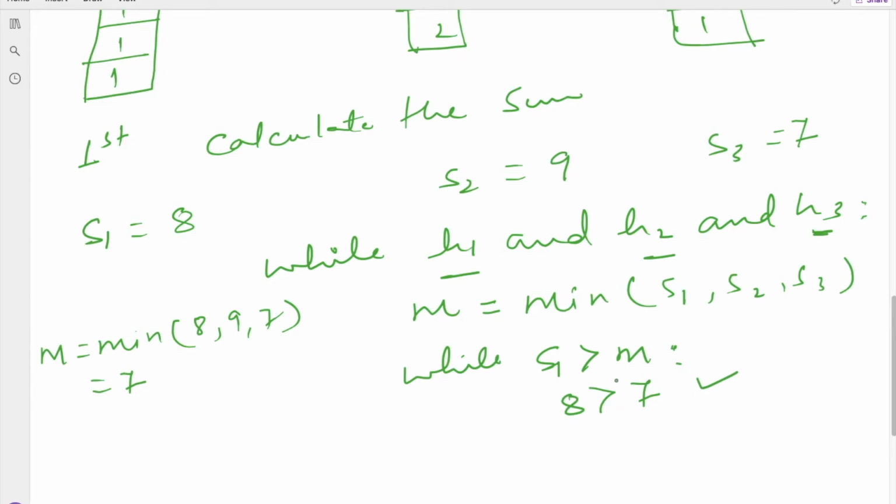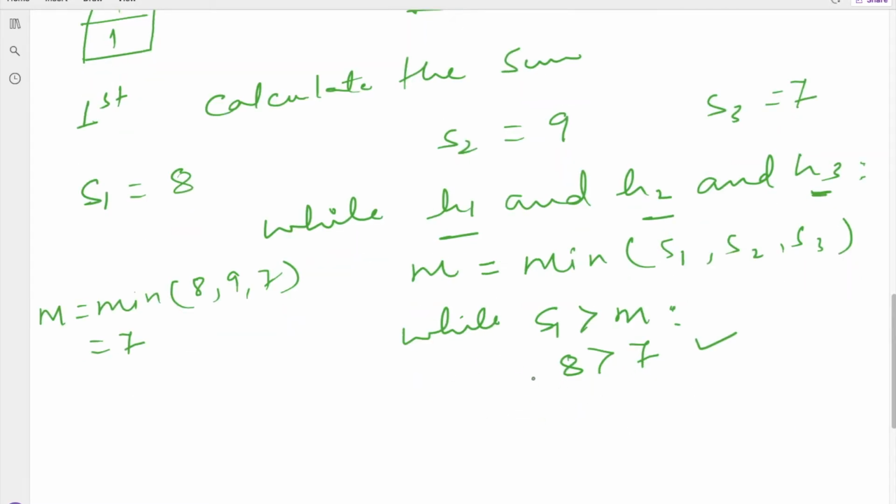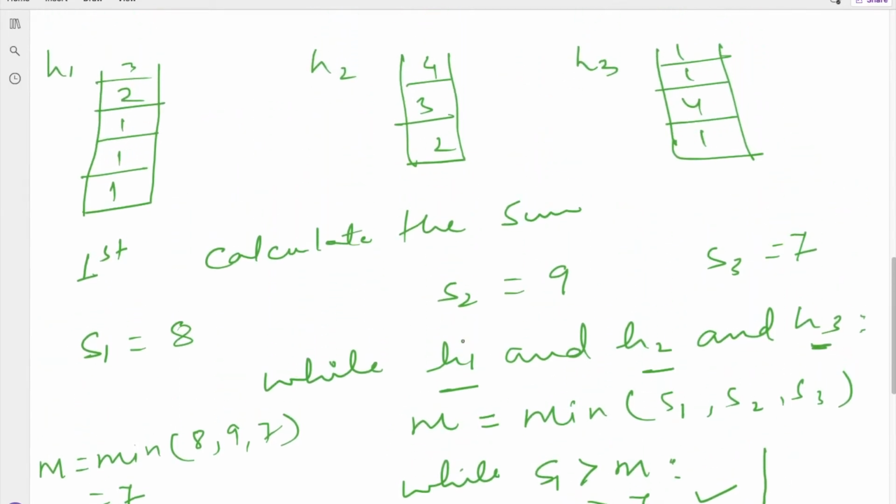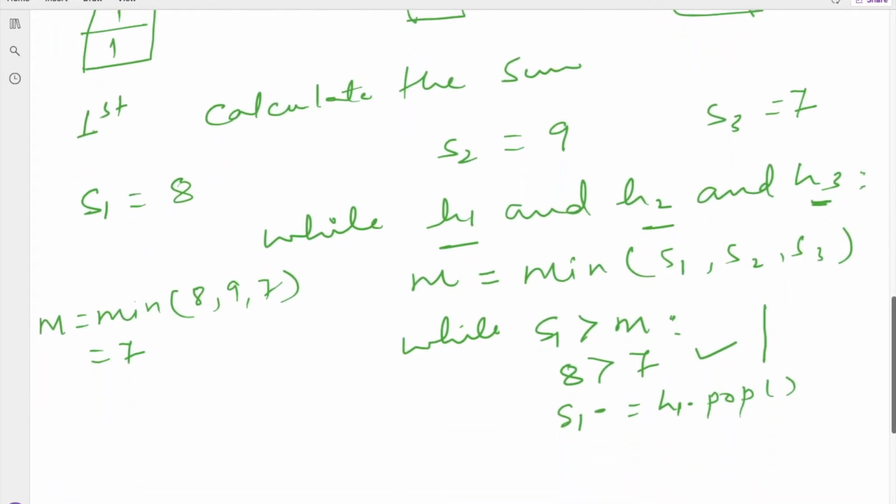So what will we do? We will update our S1. So S1 minus equal to stack 1 H1 dot pop. We will pop one element and subtract that element from S1. So S1 will be updated with the new value. My S1 will become 8 minus, if we pop this top element, 3, which will be 5.